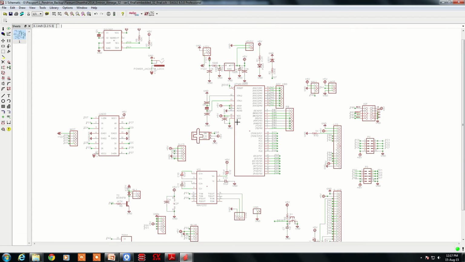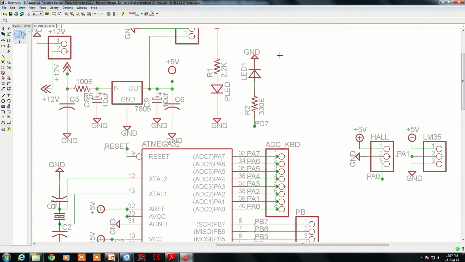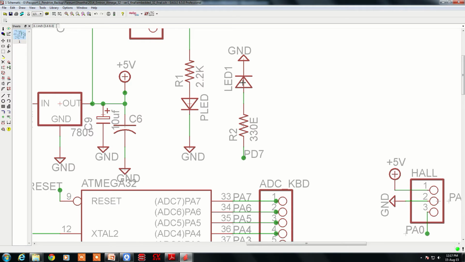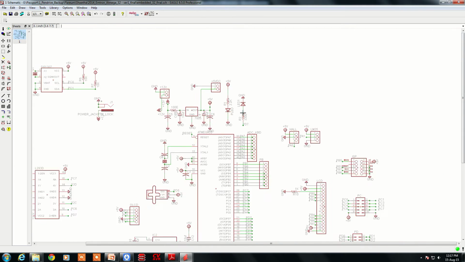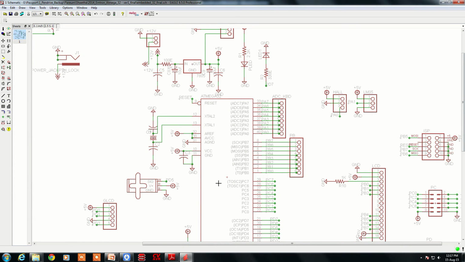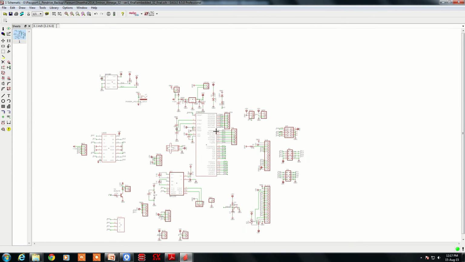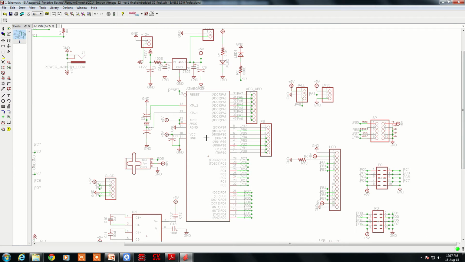If you want to connect an LED, as you can see, there is an LED connected on port D, PD7, with one series resistor. If you design this much circuit, that is microcontroller, power supply, crystal, and an LED, then you can write a program to switch on or switch off the LED to verify whether your board is working or not. But to program this controller, you require an in-system programming feature, which is there on port B,